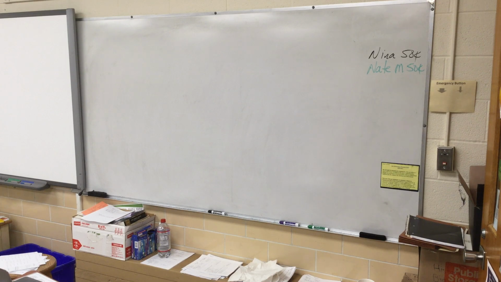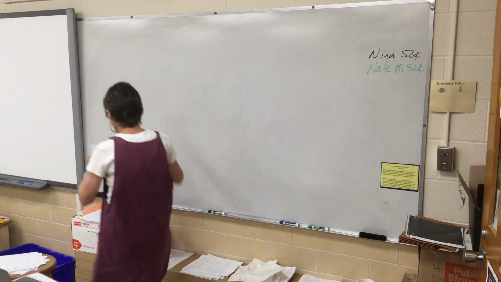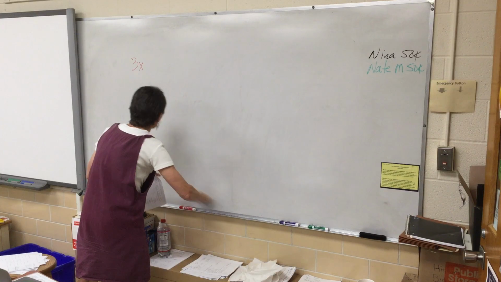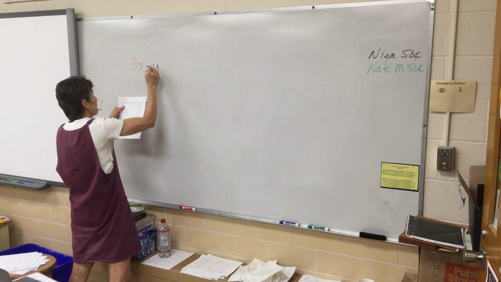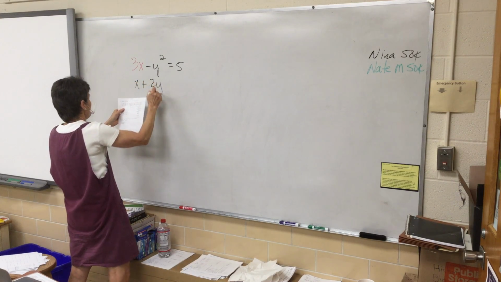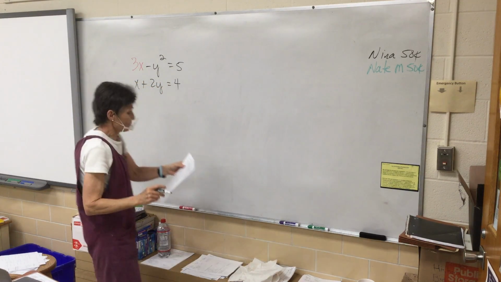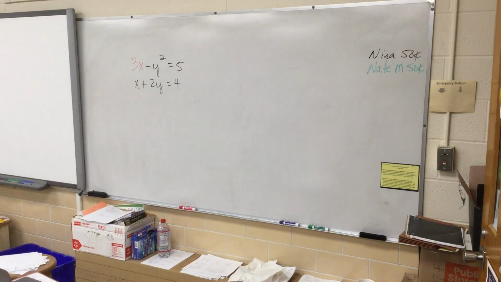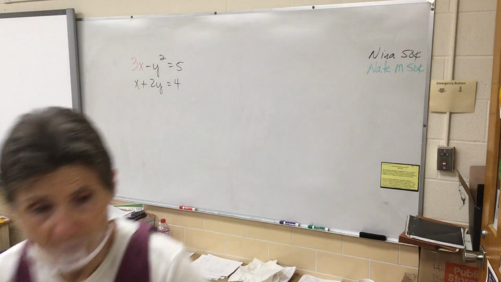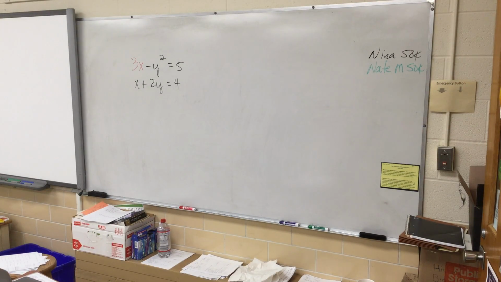Which one am I doing, number 7? Yeah. All right, so let's take a look at problem number 7 on the 1 heart quiz, but the 2 heart quiz had one just like it. So 3x minus y squared equals 5, and x plus 2y equals 4. Okay. So, this is a system of equations, and we're going to solve it,